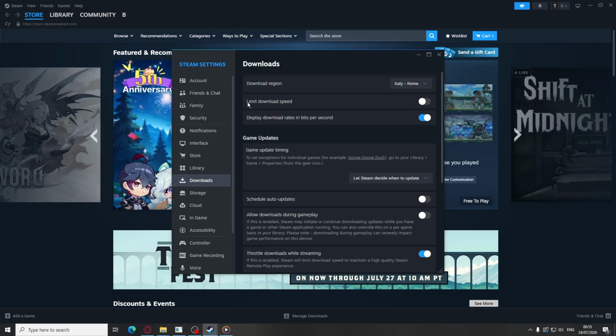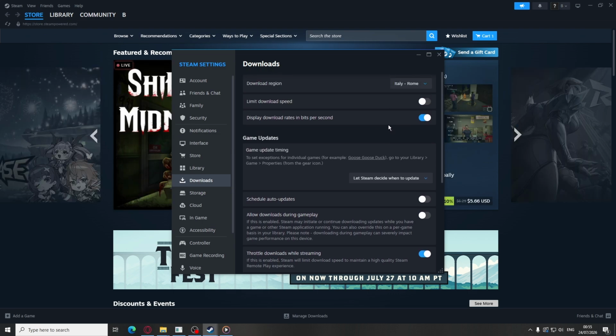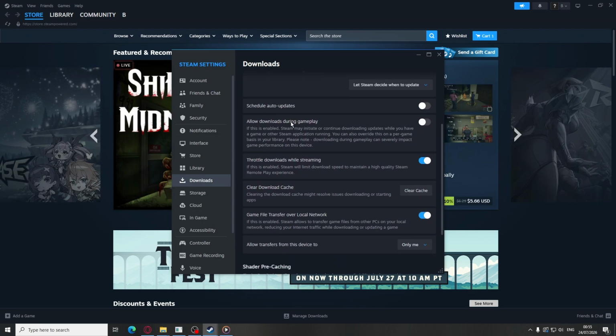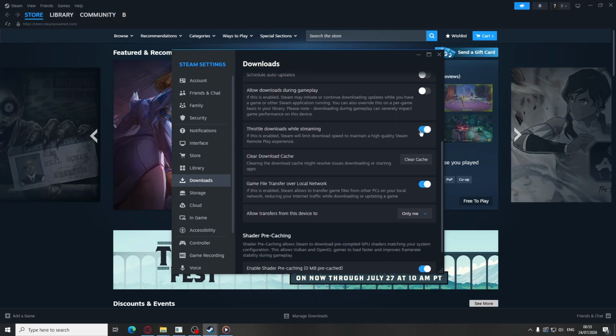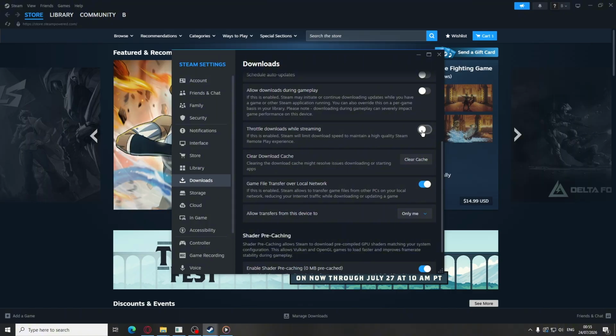Make sure Limit Download Speed is turned off. This is sometimes enabled accidentally and caps your speed regardless of what your connection can handle. Scroll down and turn off Throttle Downloads while streaming if it is enabled. This setting deliberately reduces download speed to maintain remote play quality, which is rarely needed if you are just downloading